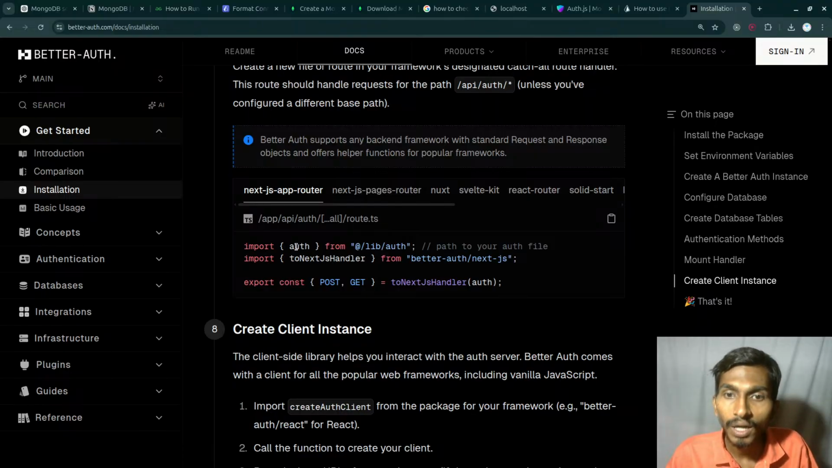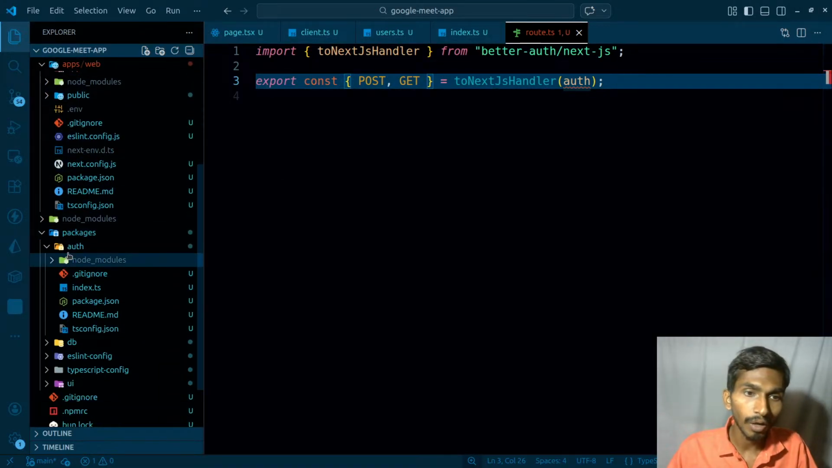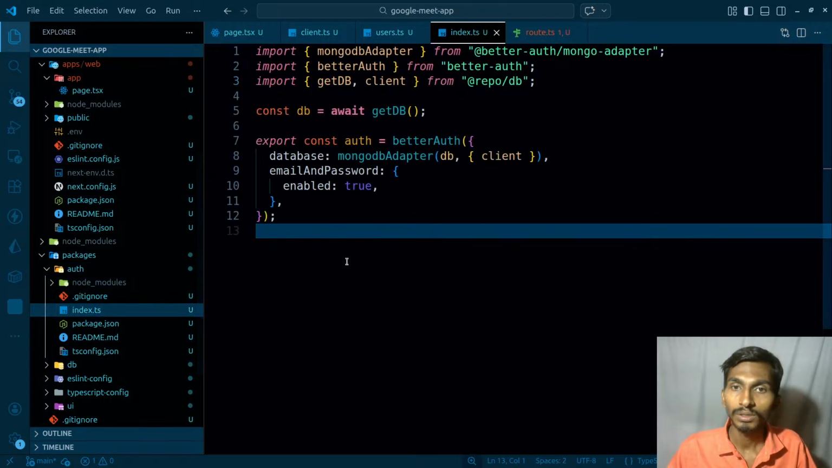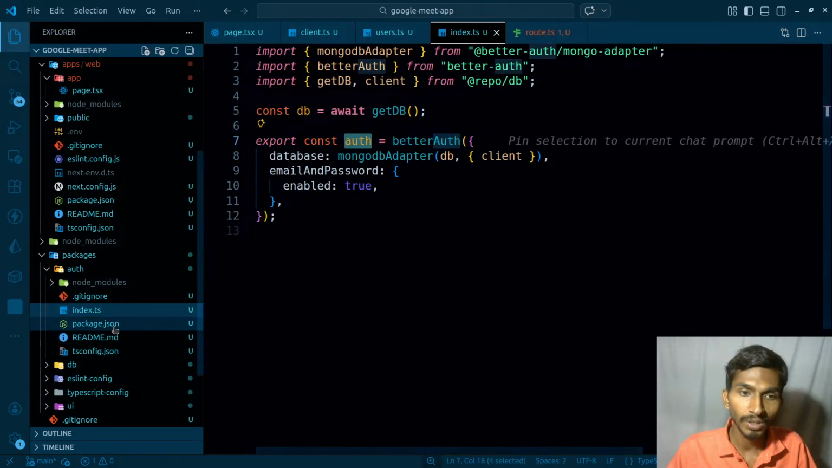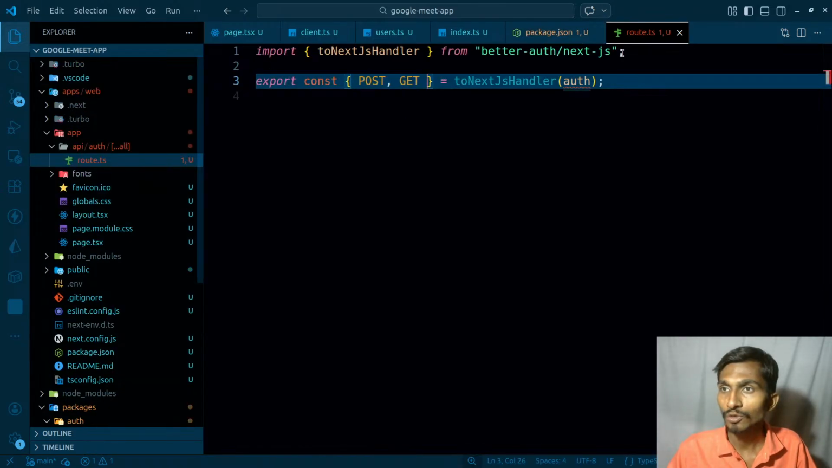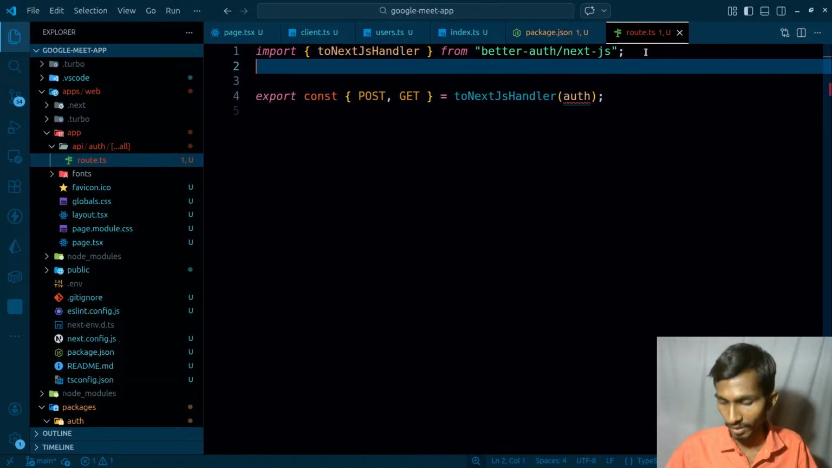The question is that how will you get this auth? We are already exporting the auth from here, so inside packages auth, this, and auth is getting exported from here. I hope I have written it the right way. So I'm exporting this from here. Once it is actually being exported from here, I need to import it. So import auth,